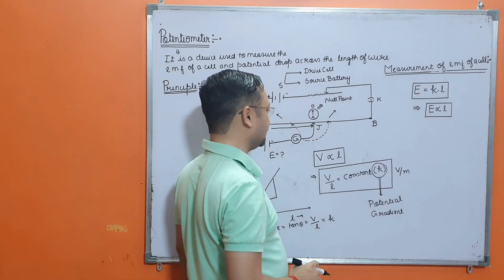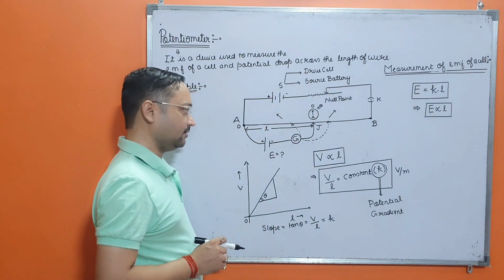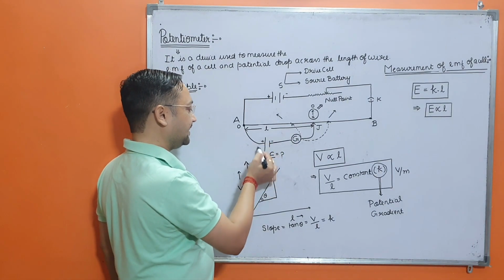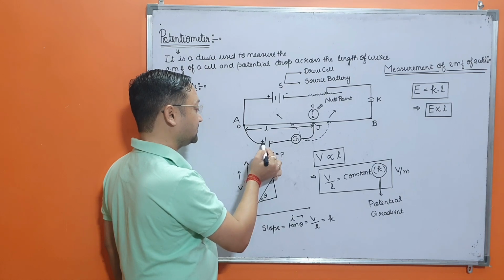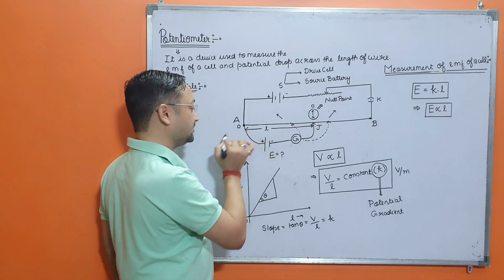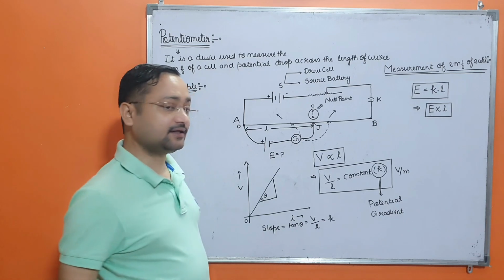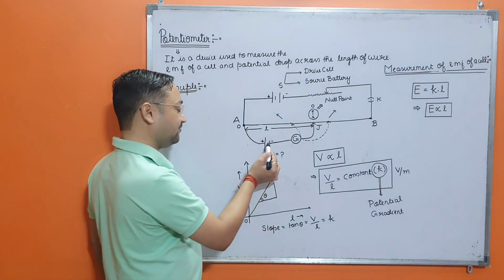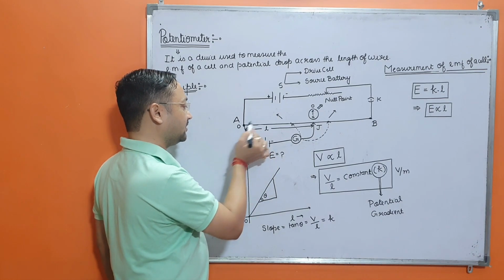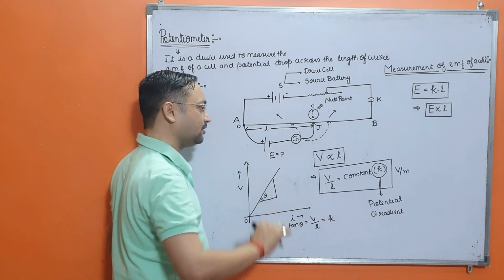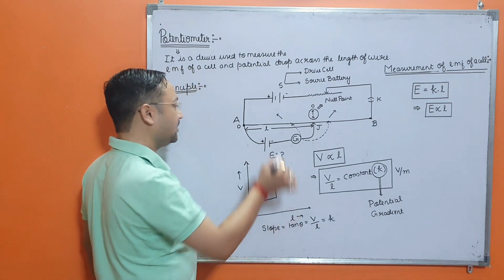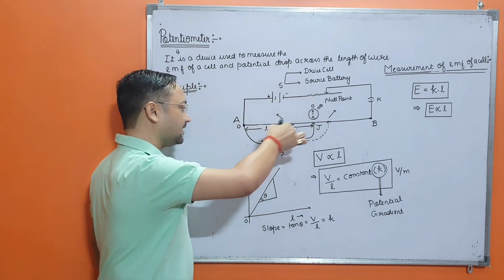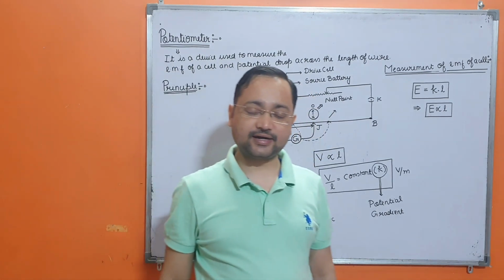Now the second thing is, what precautions you should take in measuring the EMF of the cell. First, I have said that the positive terminal of the driver cell must be connected to the zero end, otherwise you will not get the null point. Why? Because if you connect the negative terminal to this one, the current in this branch will never be zero, and you will not get the null point. Current flows from higher potential to lower, and in this circuit the current will be continuously maintained, and therefore you do not get the null point.